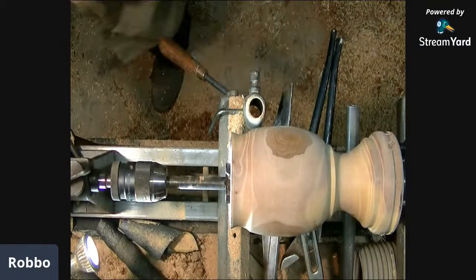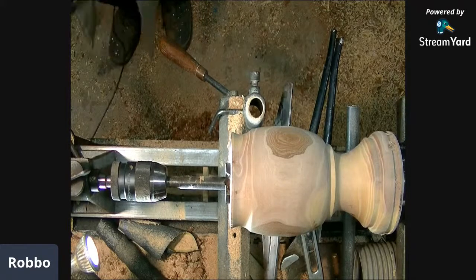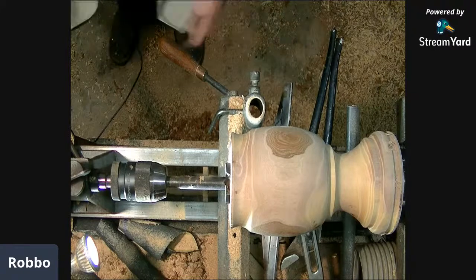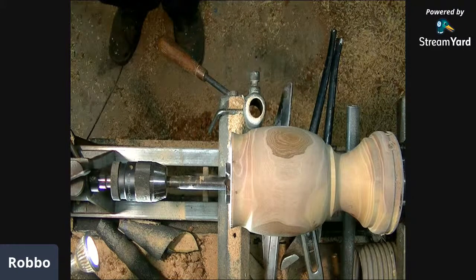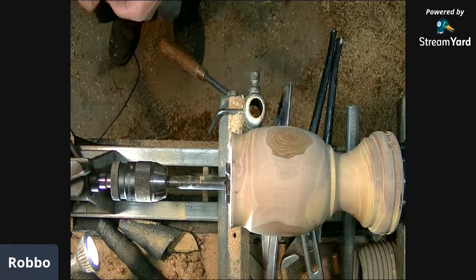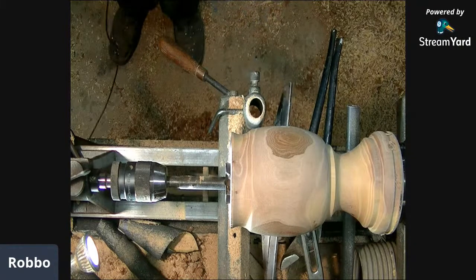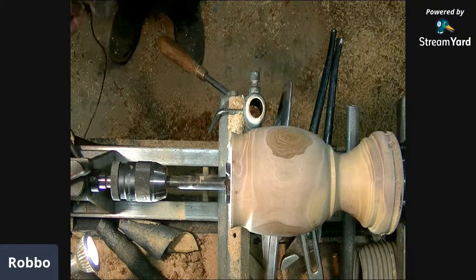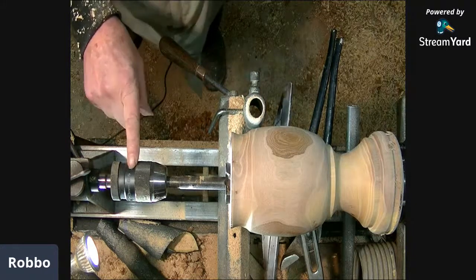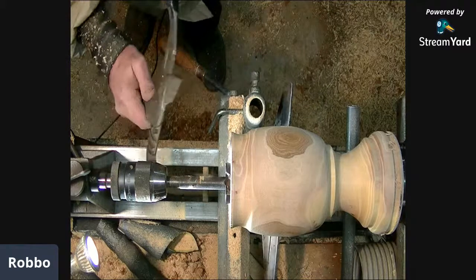Where's your microphone? You've got your drill stuck in the chuck. And they tend to self-tighten with big Forstner bits in them. And that's the problem. Now, they do have... Oh, come on. This zipper annoys the hell out of me sometimes. They do have holes in here that you can get a C-spanner onto. But if you've got a big pair of multi-grips or Stilsons,